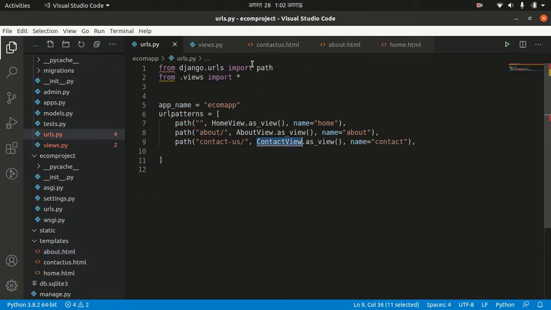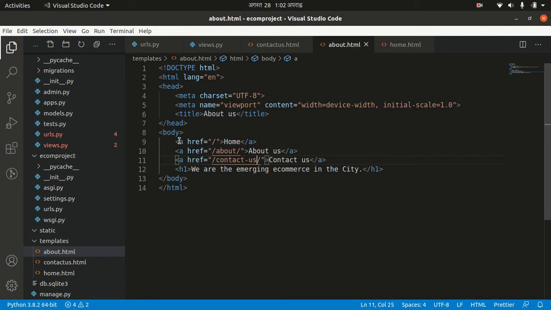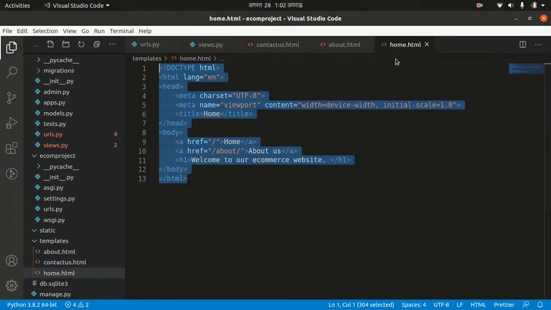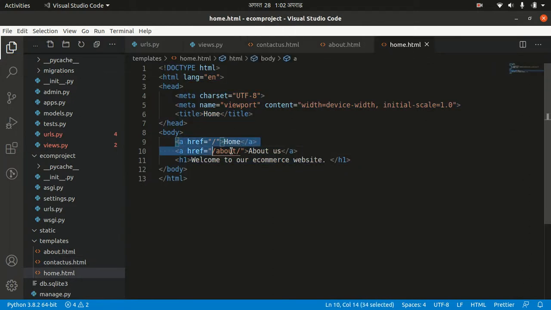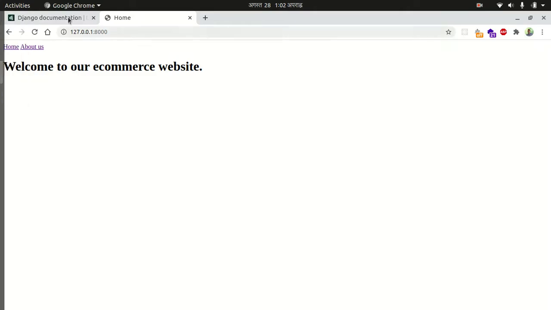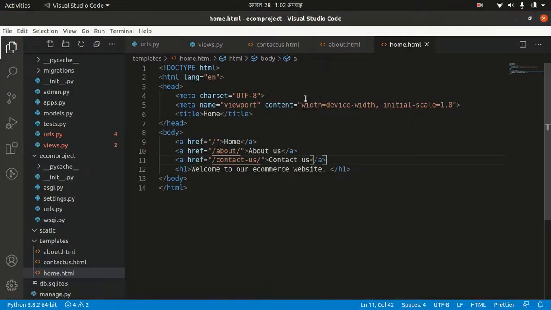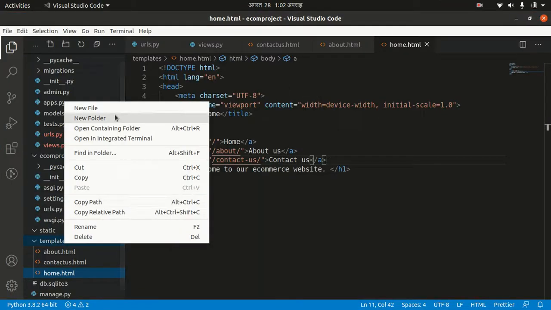page like contact us, we have to add this navigation to all of our pages like this. Here we have to copy and paste it, here we have to copy and paste it, and if we have hundreds of HTML files, we have to do it in every HTML file. This is very irritating. To solve this problem, let's make a file called